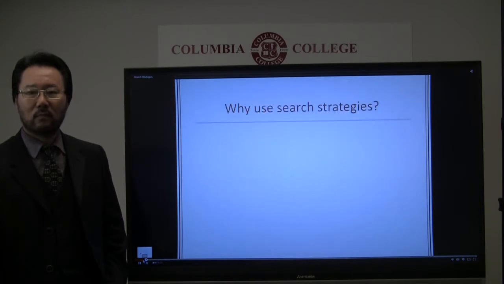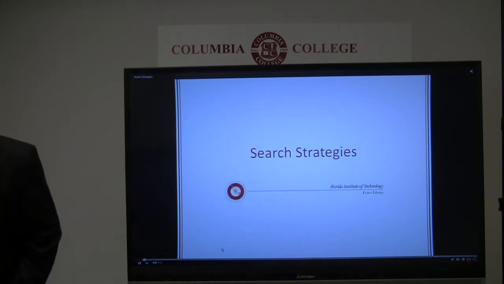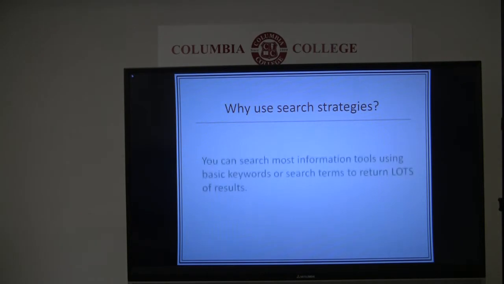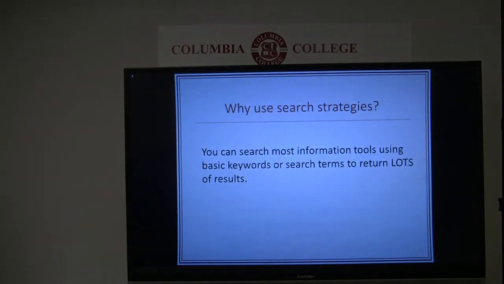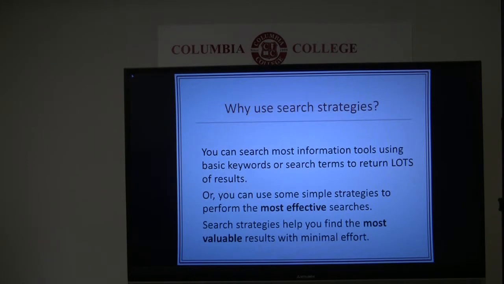Search strategies for academic research. You can search most information tools using basic keywords or natural language to return hundreds or thousands of results. Or you can use some simple strategies to perform the most effective searches. Using search strategies points you to the most valuable results with minimal effort and eliminates the need to sift through unusable results.